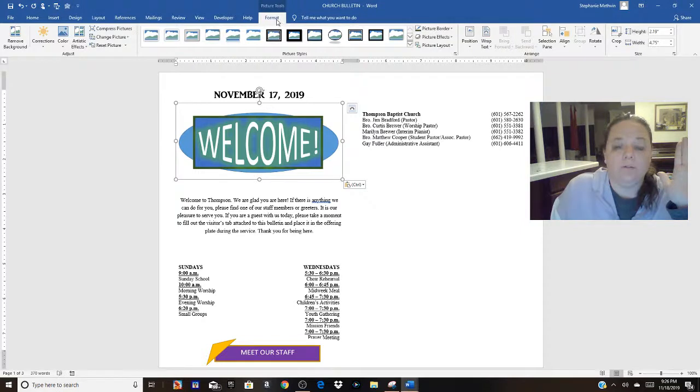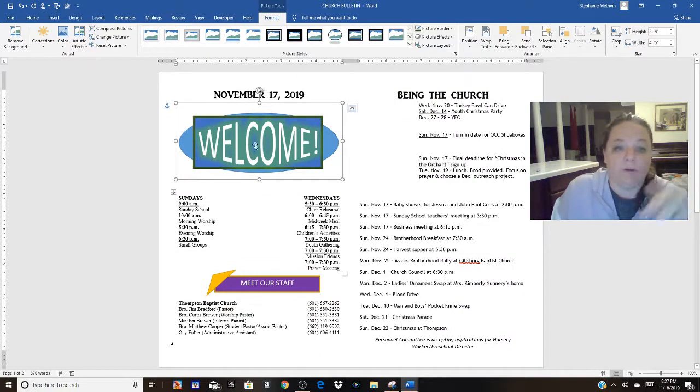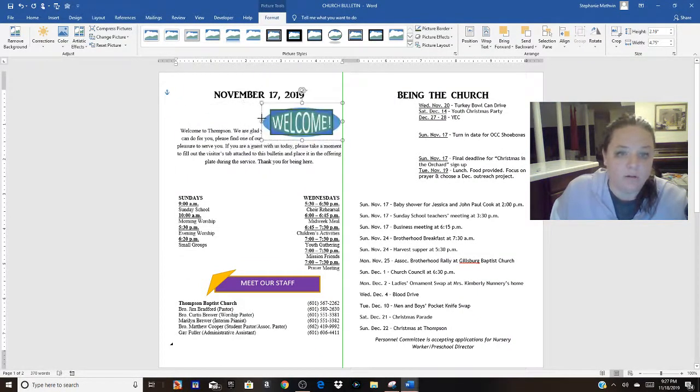But before I touch anything else, I want to make this graphic. Go to Picture Tools, Format. With it selected, your Picture Tools and Format will show up. If you don't have it selected, this won't show up here. So then over here for wrap text, I'm going to tell it in front of text. Now it's covering up a bunch of important information. So what I need to do is make it considerably smaller